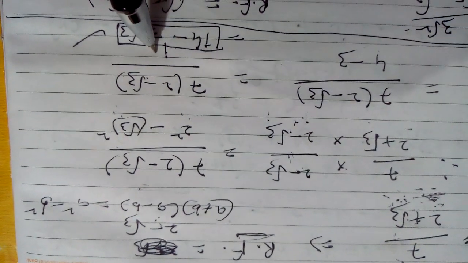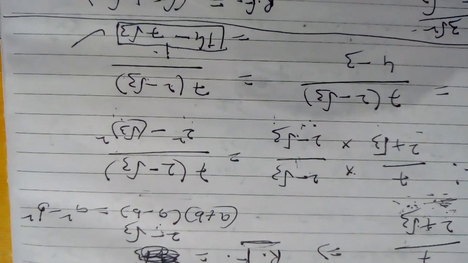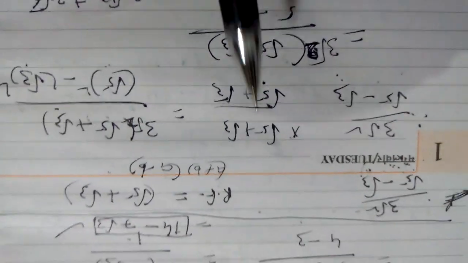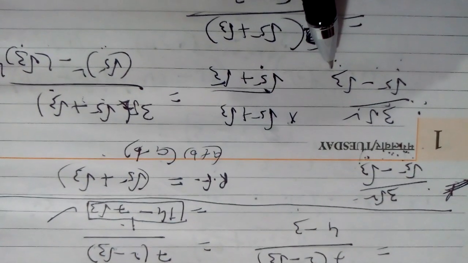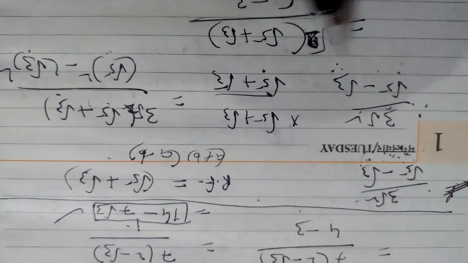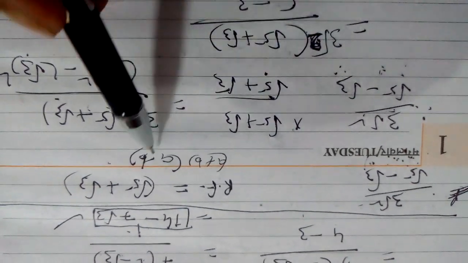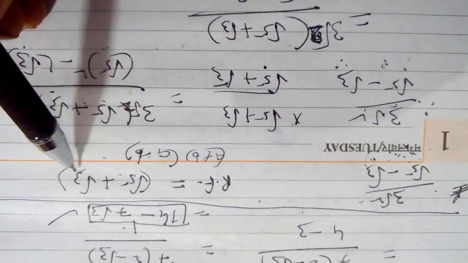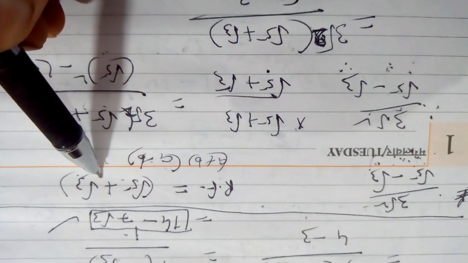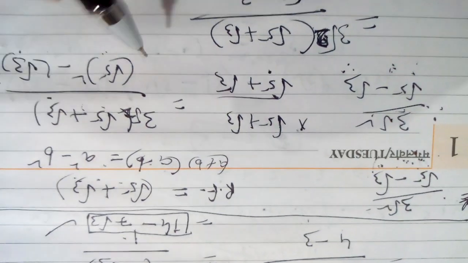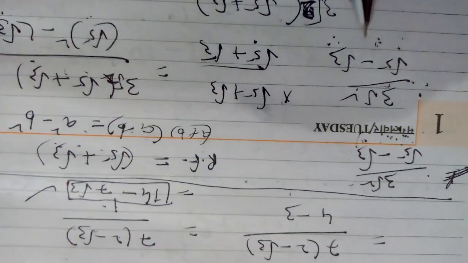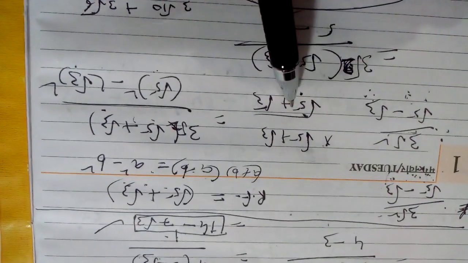In this, the denominator is 1, so it is a rational number. Like this, another example you will see: 3 root 2 upon root 5 minus root 3. Here again, the RF of this will be the opposite sign, which we have written here: RF root 5 plus root 3. By this RF you multiply. What will you get here? A square minus b square, a plus b times a minus b, so root 5 square minus root 3 square. Why do we multiply both? Because for balancing, you want the equivalent fraction. Otherwise it will be wrong.